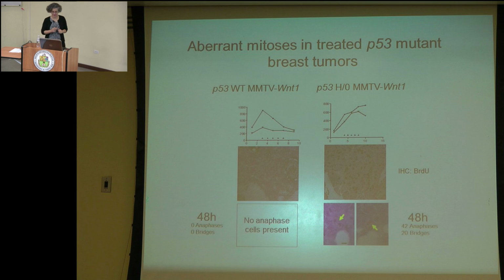So here was the answer to our question. What's happening in these mutant p53 tumors is doxorubicin is causing double-strand breaks. Okay? DNA is damaged. There's no p53 to restore that double-strand break. These cells are not arresting in response to doxorubicin treatment. So the cells are continuing through mitosis, and when they get to mitosis, the result is a mitotic catastrophe because